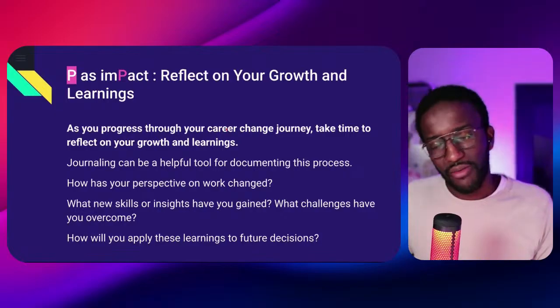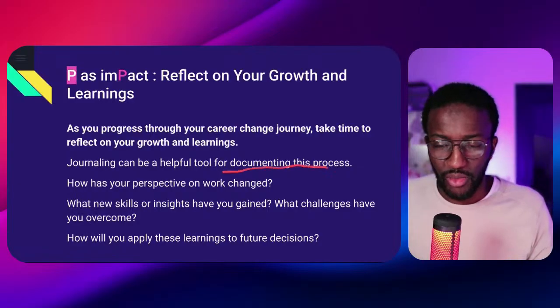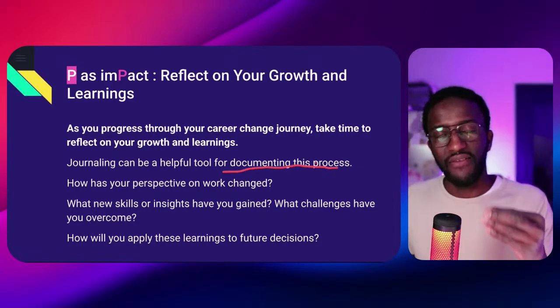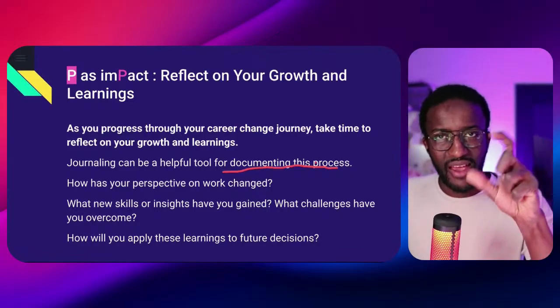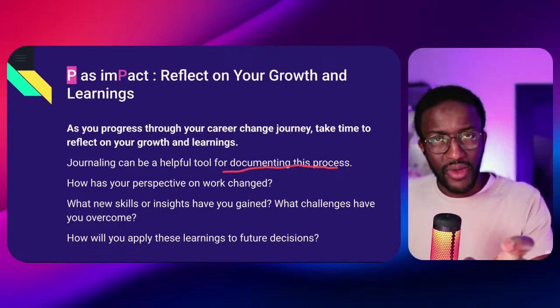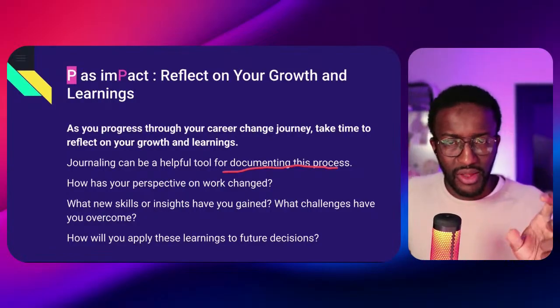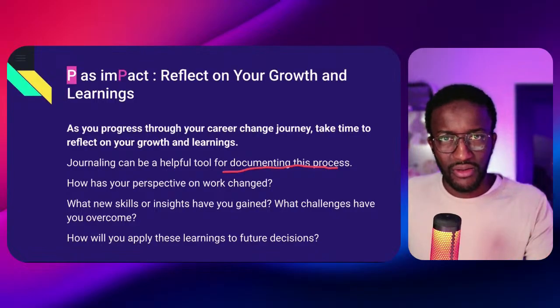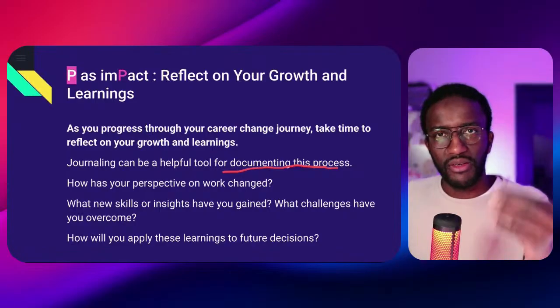Okay, so if I come back to the example of career change, journaling can be very helpful for documenting your process, and this is also something that afterwards you can share with other people. I have seen a lot that you share the outcome and you sell the transformation. So it's really important. For example, you can say, okay, you have imagined the outcome, and then afterwards you can show the transformation of how people can get from A to B.